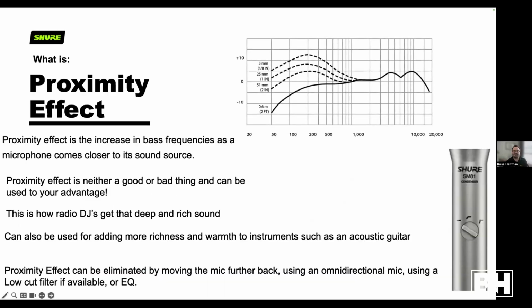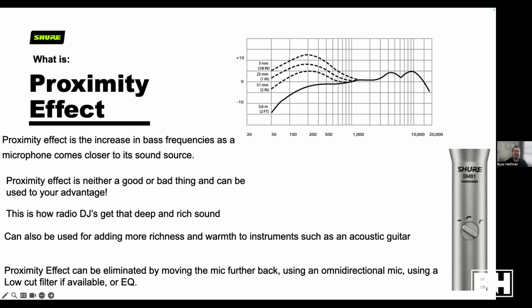And here you go. This is the textbook definition of proximity effect. So it's like it says here, it's not necessarily a good thing or a bad thing to have proximity effect. If you are in a podcasting situation or broadcasting, and you want that big boomy broadcasty voice, a lot of that does actually come from proximity effect. But if you're recording an album with your band and you have instruments, you might not want that proximity effect